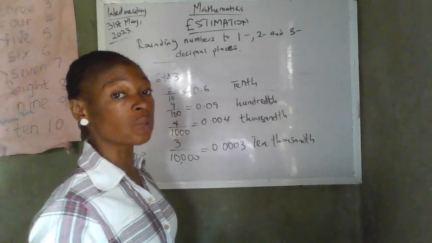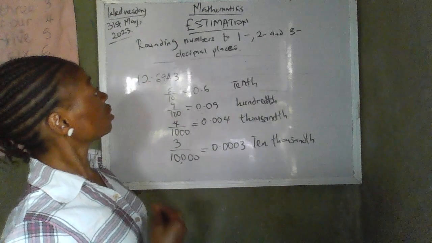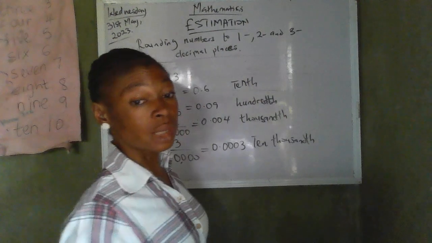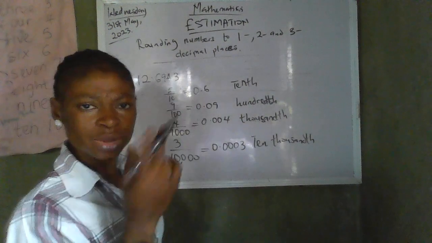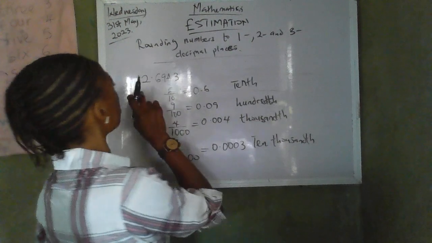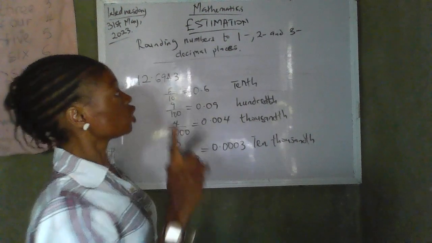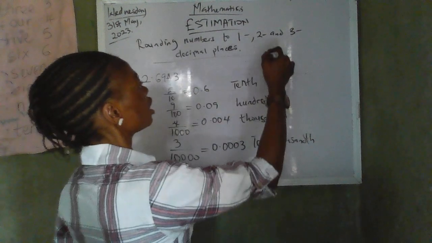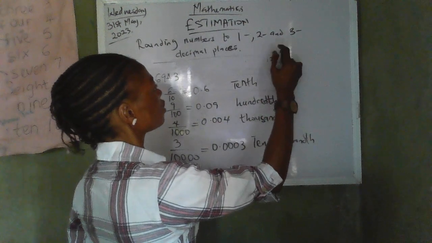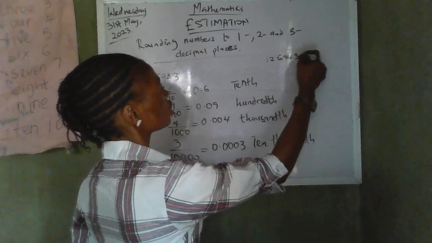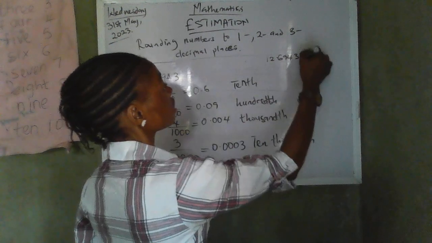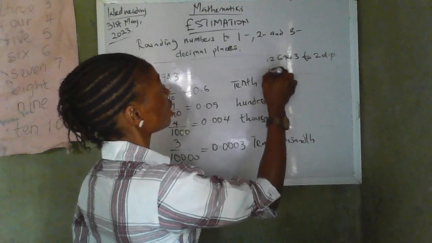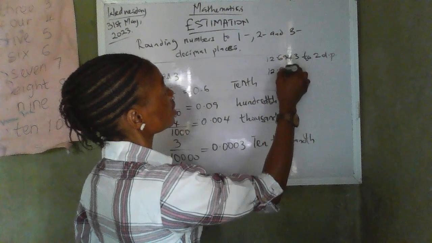Now we want to round numbers to decimal places, 1, 2, and 3 decimal places. For example, now let's round up. Let's use the same number. Yes, let's round 12.6943 to 2 decimal places. To 2 decimal places will be 12.6